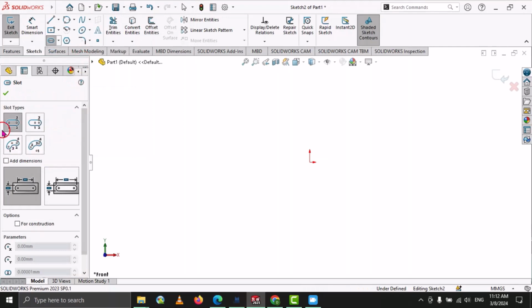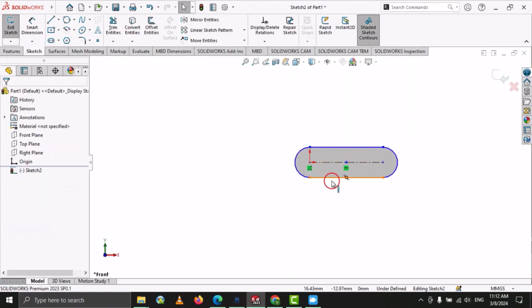Okay, so as you can see from here, there are options 1, 2 and 3. This basically teaches us how we can draw this one. So according to this, first we have to select this center, and then we have to select the center, and then we have to give the width. Let's suppose we want to start from here, so I select this one. Now you can go right side, or you can go left side, or you can go vertical side, upward and downward. Let's say I want to select here. Okay, and click here, and then move your cursor upside,